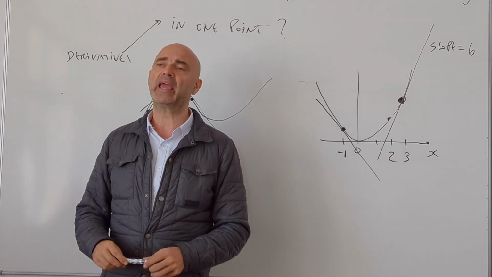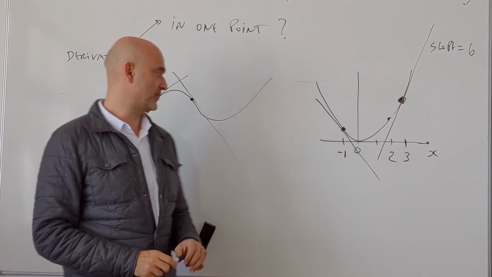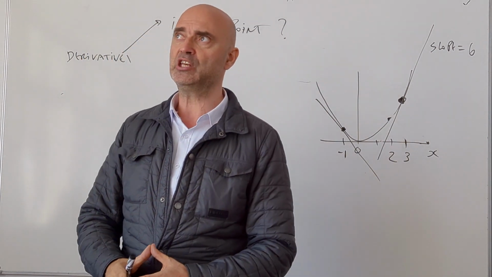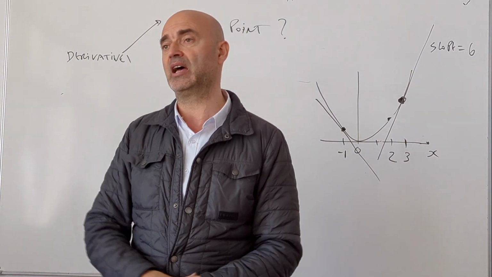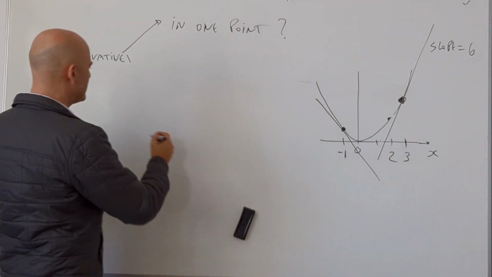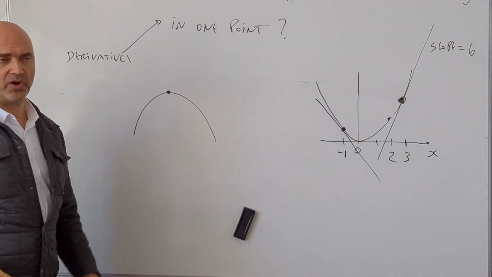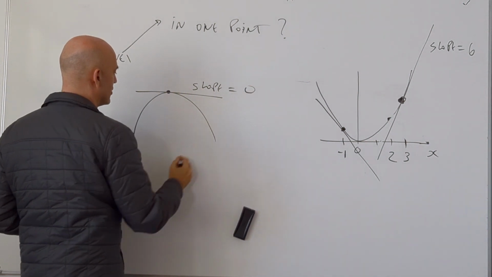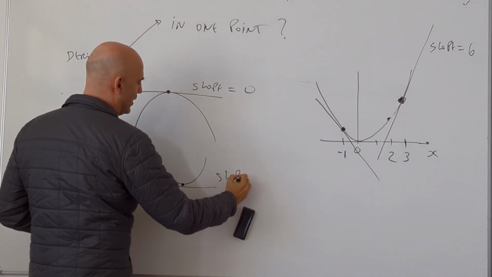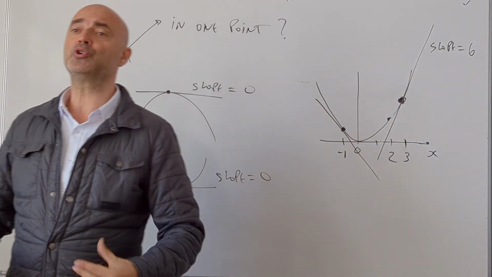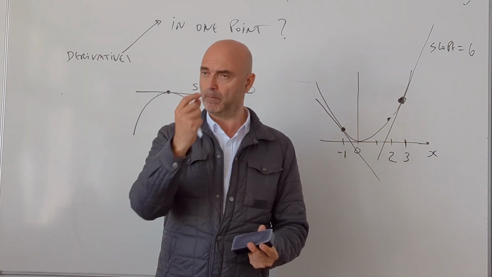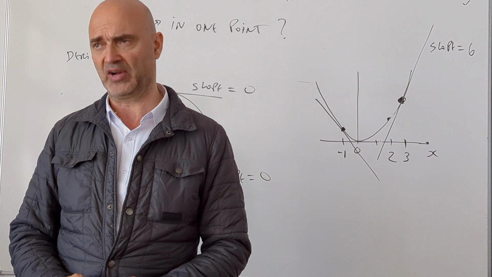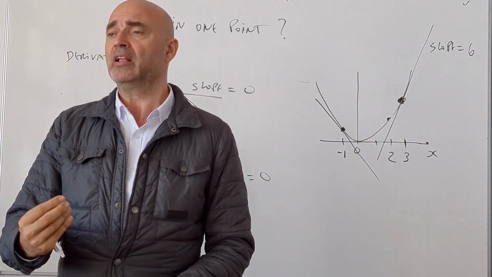But we can also use it to get the maximum or the minimum of some function. For example, those problems are important in economics, of course. Many times we want to search for minimum costs, for example, or maximum profits, and we can deal with that using the derivative. For example, what happens when I have a maximum here? What is the slope of the tangent line at a maximum? The slope is equal to 0. And the same at a minimum. So here the slope is also equal to 0. So we can also use the derivative function to search for points that are maximums and points that are minimums. But there are other applications of the derivative function. But the one that we want today is the